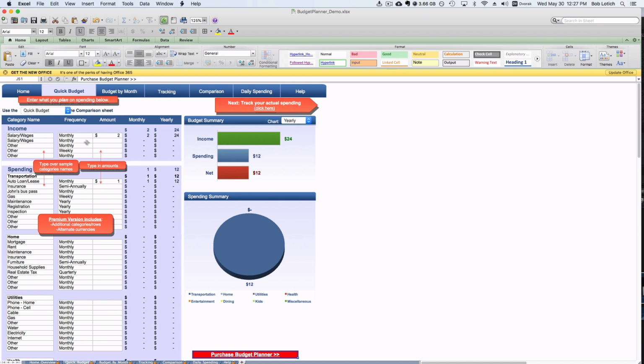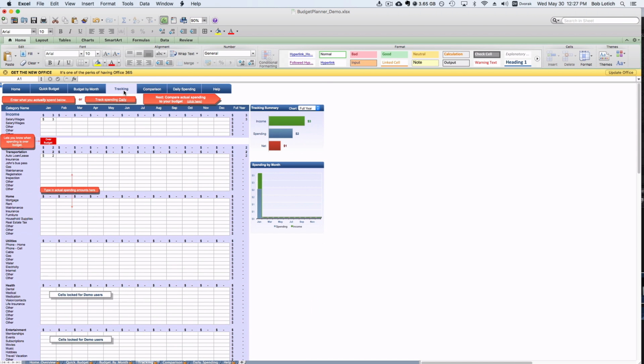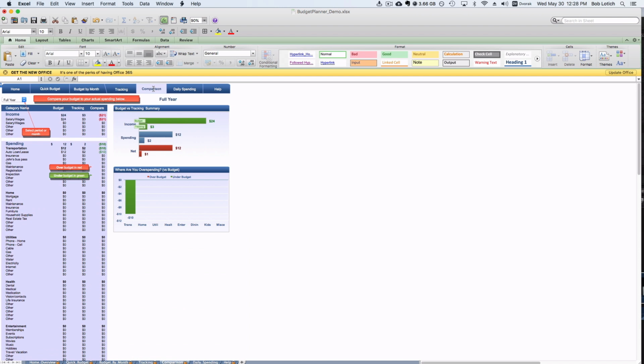And so you have your basic quick budget here, and then you can also budget everything by month. And they have a lot of cool things here where you can just track everything that's been going on and see an annual view, which I think is really helpful for getting a big picture of everything. And they also have this comparison tab, which I love as well,